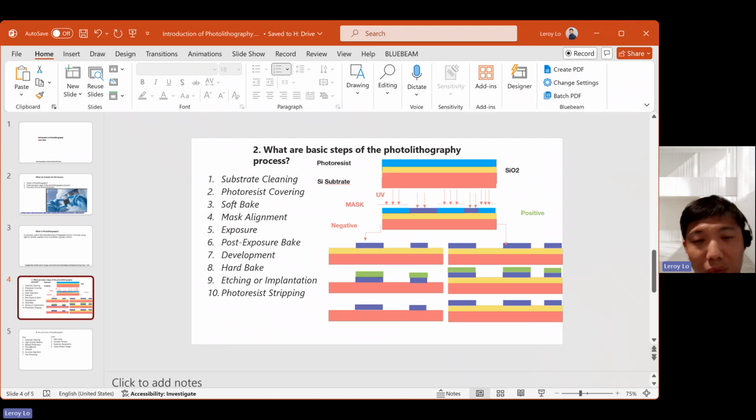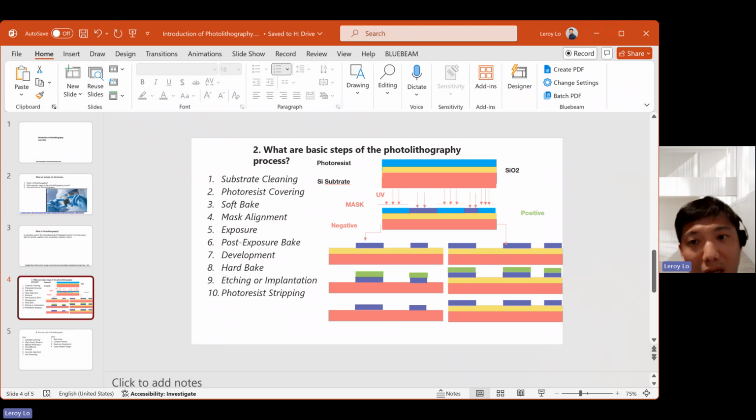We can see here this is a wafer, and the base substrate is silicon, and then there's a silica oxidized layer on the second layer from the bottom, and then there's the